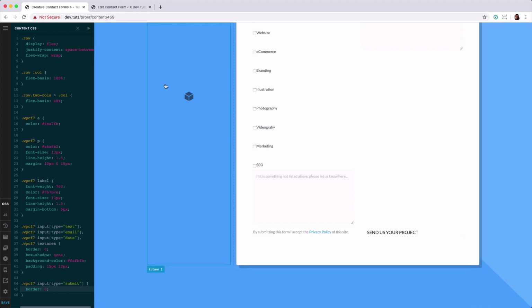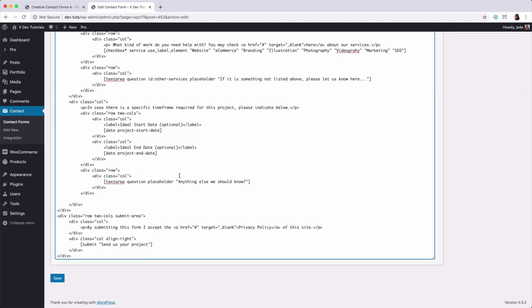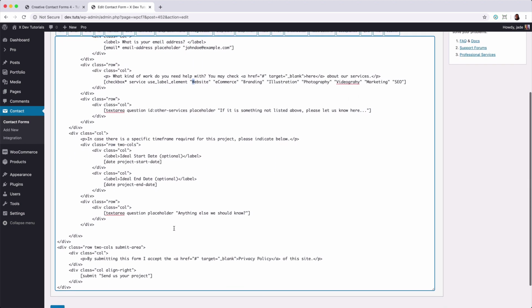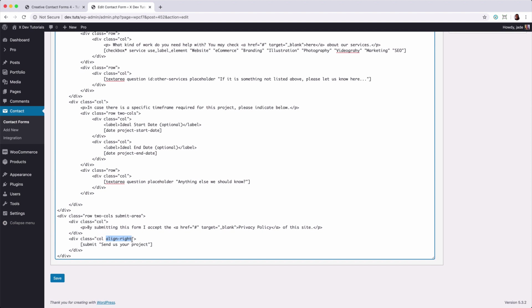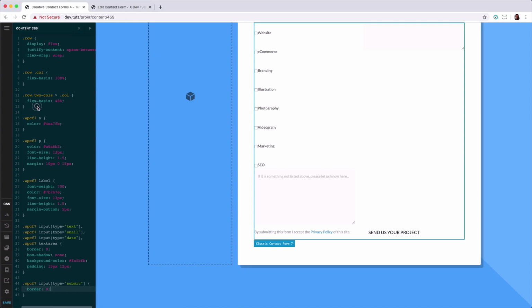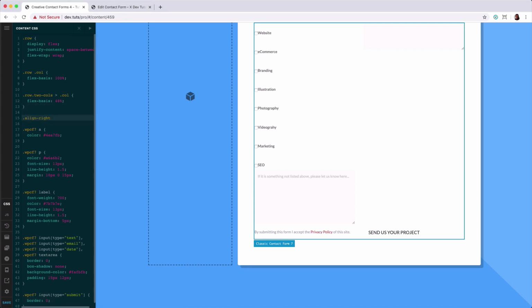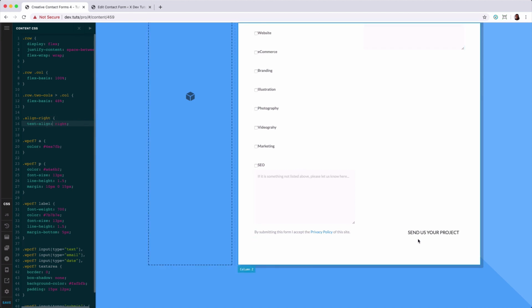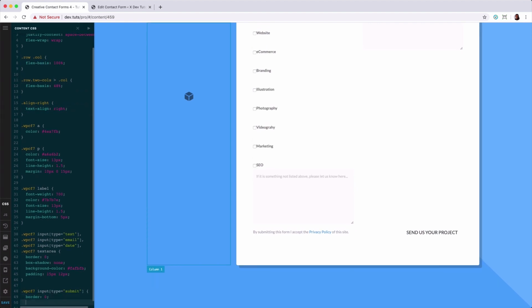So in our HTML markup for the form, I added the align right class to the column that contains the submit button. So you can make use of that class, put it somewhere here, dot align right, and set the text align to right. Be careful with that. Now it's on the right side,